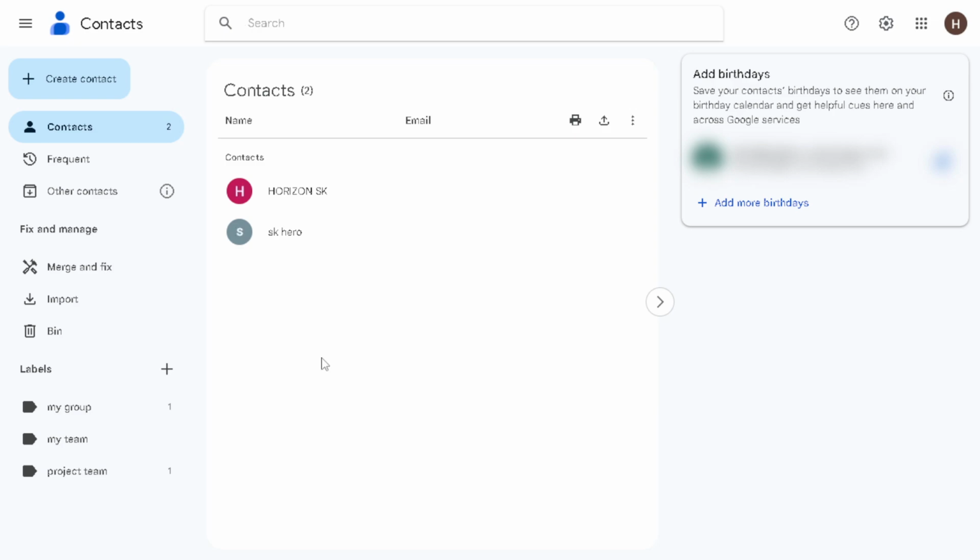This process is quick and straightforward, making it easy for you to manage your relationships efficiently. Whether you need access for work, personal use, or just to keep track of important connections, being able to see your contact list from Google Drive is incredibly handy. Remember, practicing this a few times will help reinforce the steps, and soon you'll be navigating your contacts like a